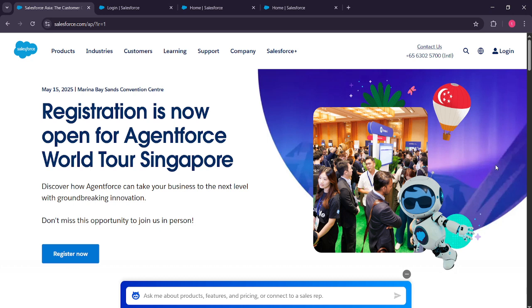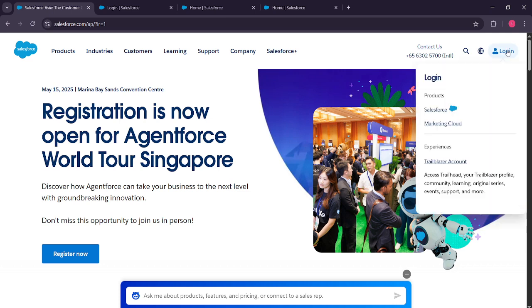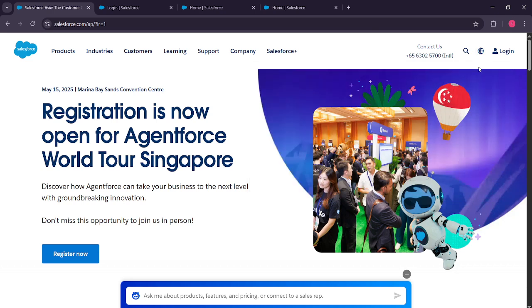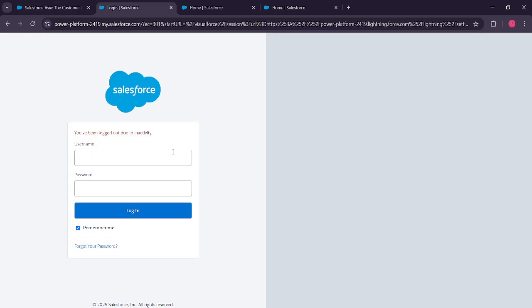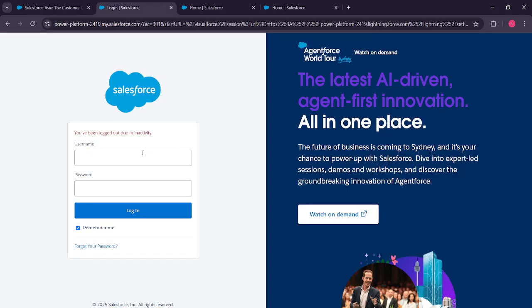First, to get started, you'll want to head to the Salesforce website. Once you're there, you should hover in the top right corner of the page where you can log in. It's straightforward, just click on the login option and proceed to enter your Salesforce credentials. If you don't yet have a Salesforce account set up, you'll want to do that first, as it's necessary to